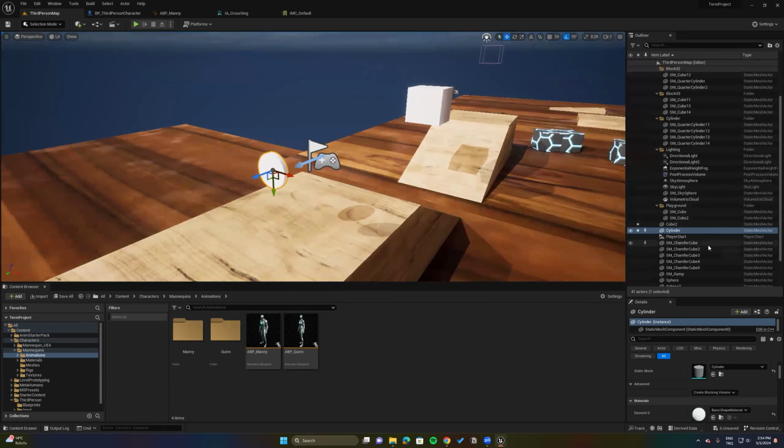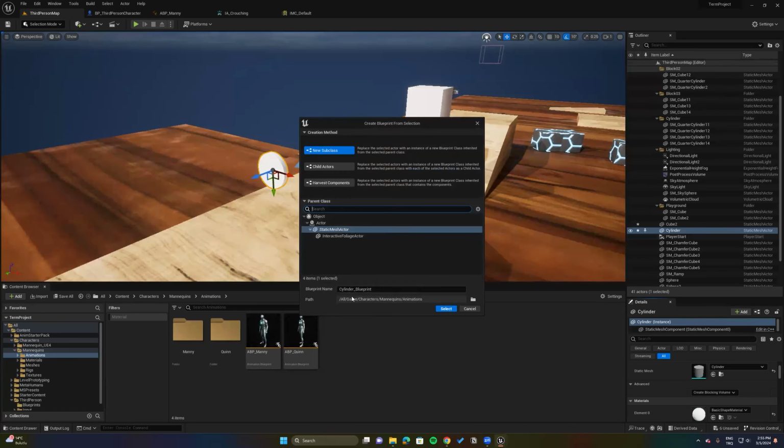But probably we will have lots of collectibles, some items in this game. Maybe some of them we're going to use for incrementing our score. Maybe we will use some ancient ruins to collect and maybe to solve some puzzles in our game. So maybe we should make it a blueprint to control the changes in some source and use the pickup item somewhere else. So if you select the object and click on this option here,